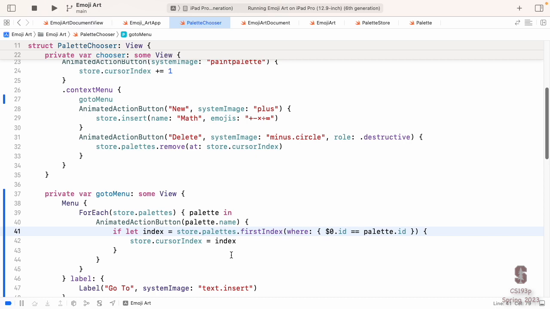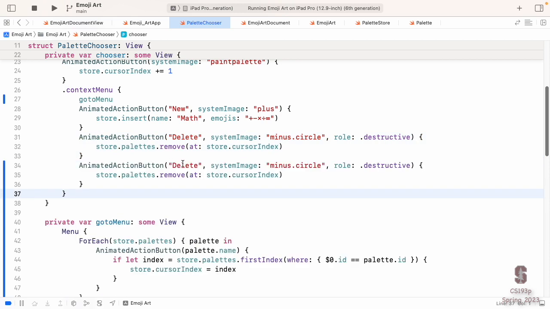Now to the heart of the matter of what we're doing today. We're going to start by building a user interface for editing our palettes, changing the name of the palette, adding and removing emoji, just like you saw you're going to have to do for your themes in Memrise. How are we going to do that here? Well, we're going to do it for our palettes. I'm going to have this UI be accessible by having an animated action button in my menu called Edit.